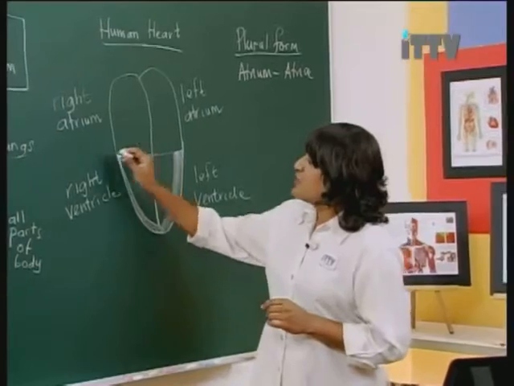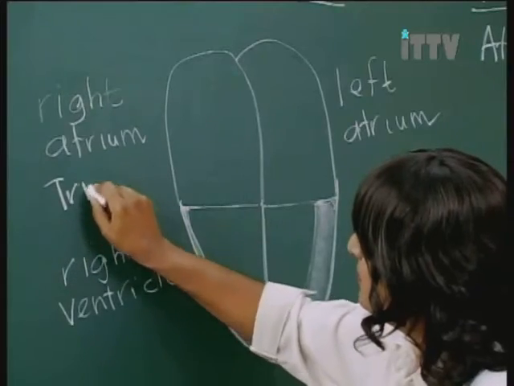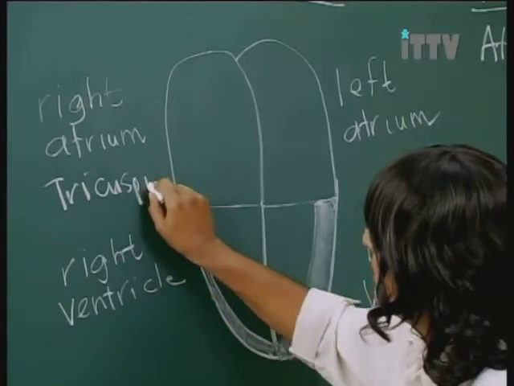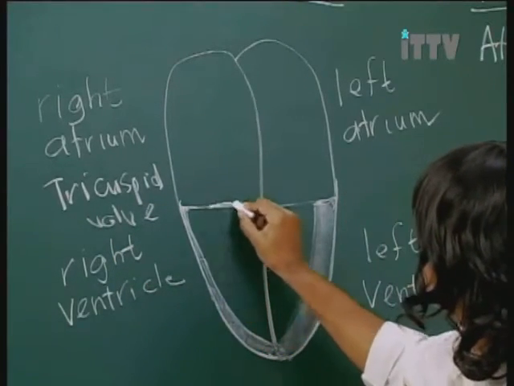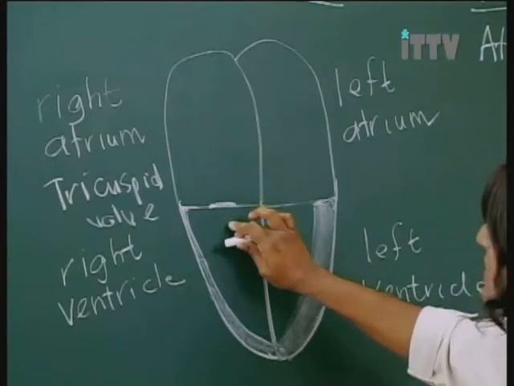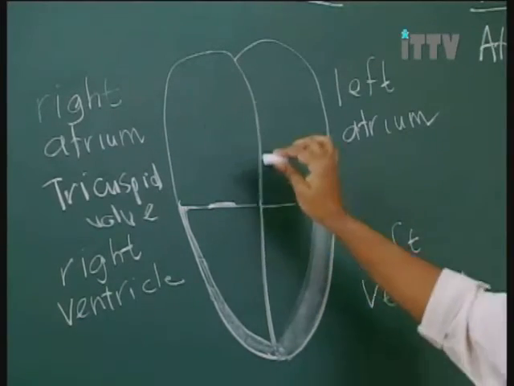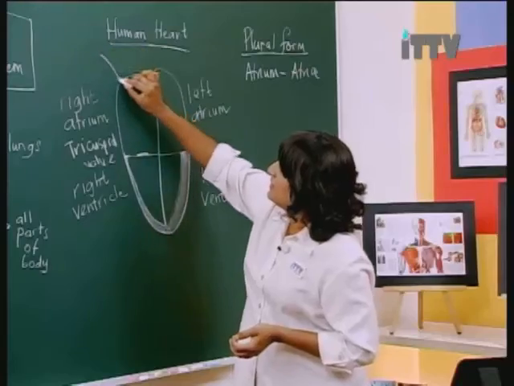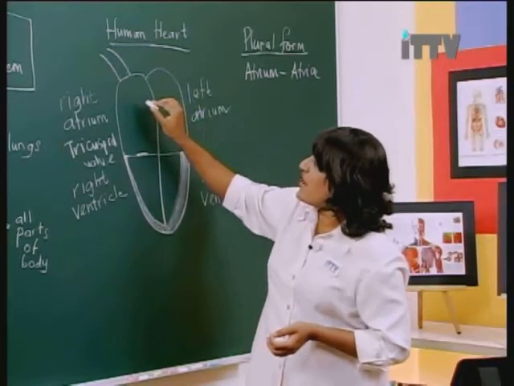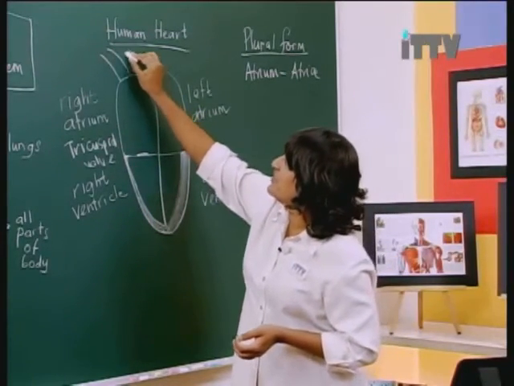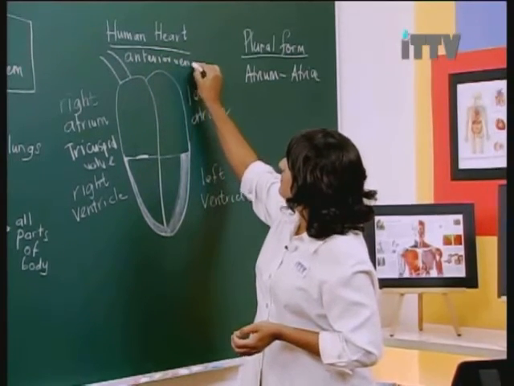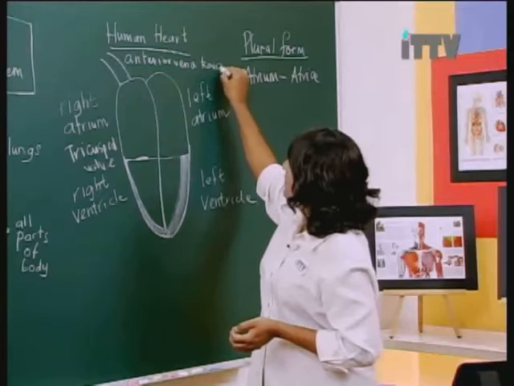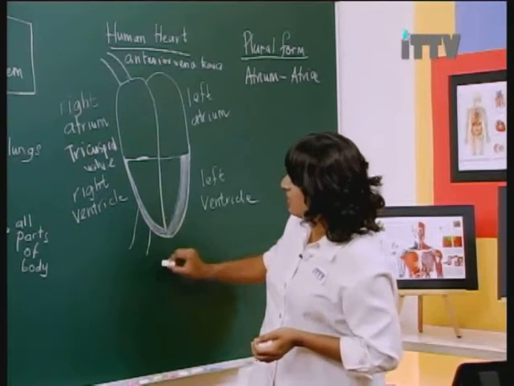Right, the tricuspid valve is between the right atrium and the right ventricle. Once the blood is drawn into the right atrium from the anterior vena cava and the posterior vena cava,